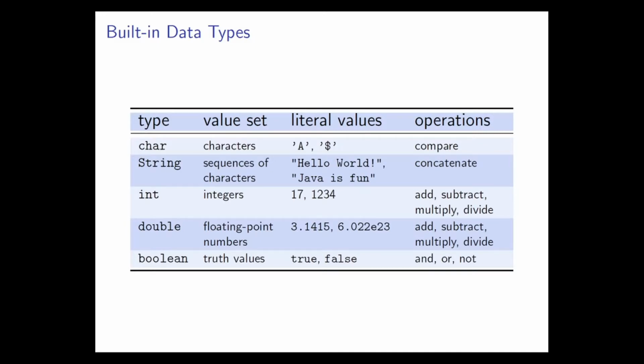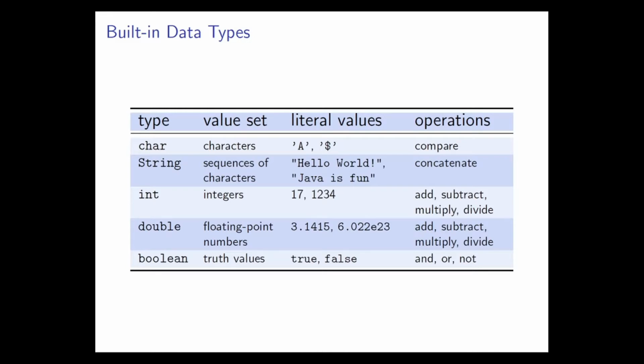So characters have literal values such as 'A' and '$' and all the other things you might find on your keyboard. Notice that characters are surrounded by single quotes, and they're the single quotes that go that way. Okay, you may have to search around your keyboard a bit to make sure that you find the right one. On my keyboard it's somewhere in the bottom right underneath the @ sign. Your keyboard may vary. So the type char represents elements of the value set characters such as literal 'A' or literal '$',